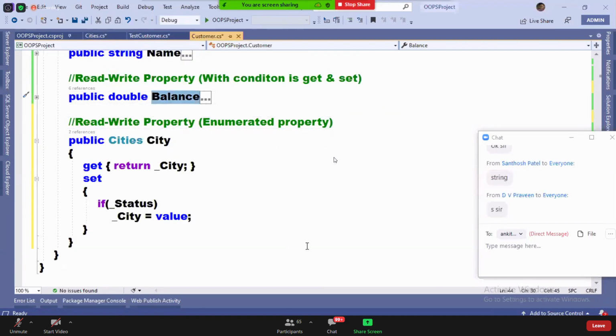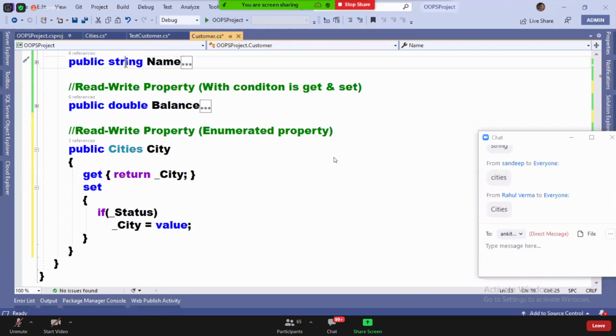Balance is which type? Then city is which type? Clearly showing you two examples here and asking, and you're still telling the wrong answer. Balance is double type.